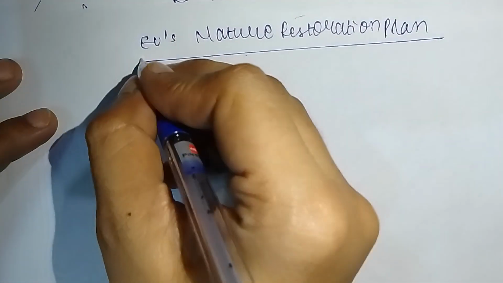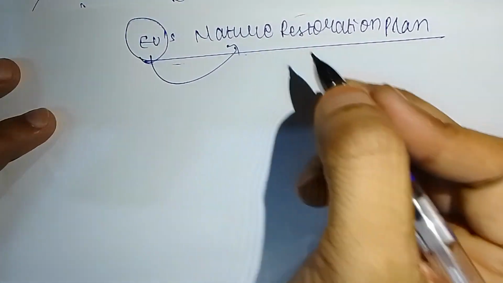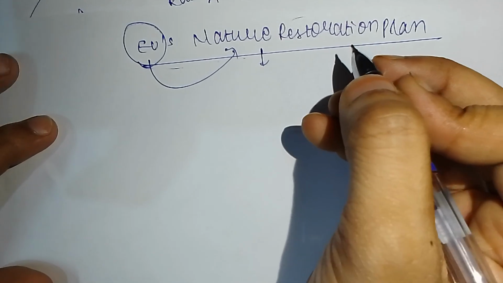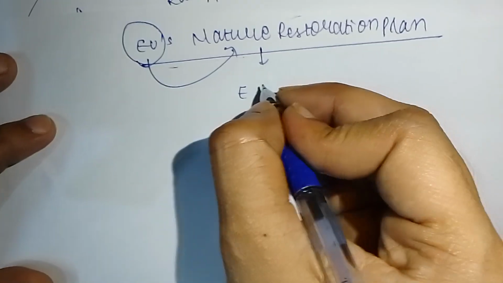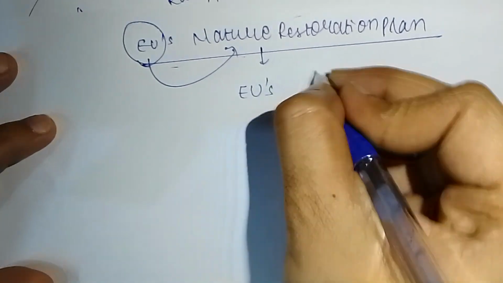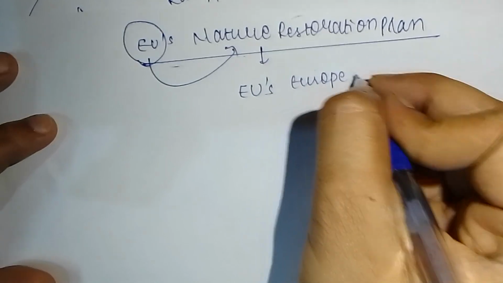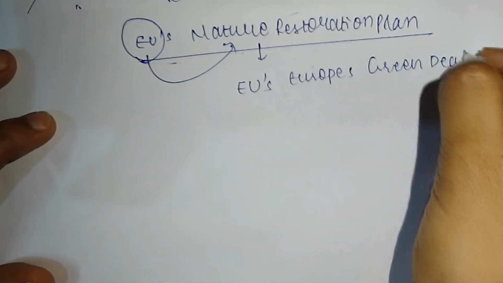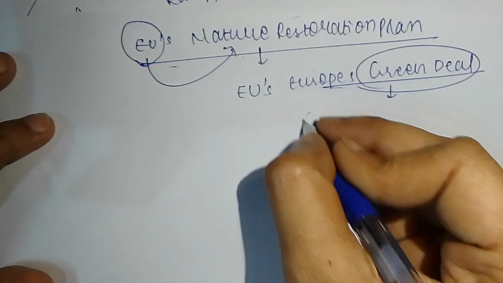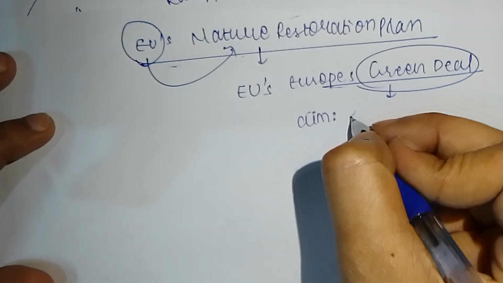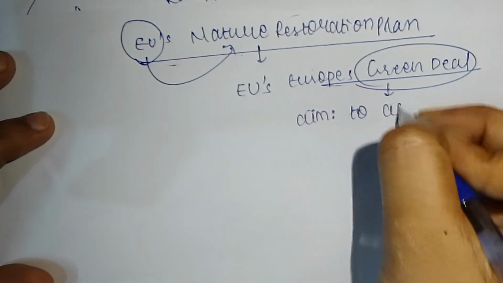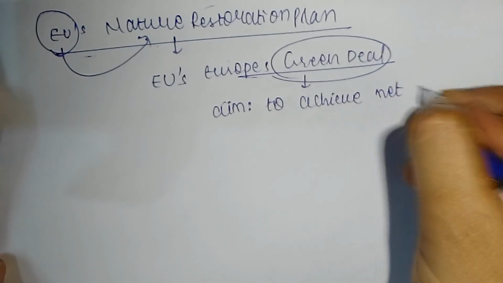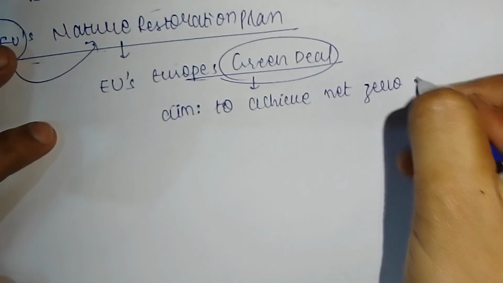So the EU approves the Nature Restoration Plan, and this plan is a part of the European Union's Green Deal. The aim of this Green Deal is to achieve net zero emissions